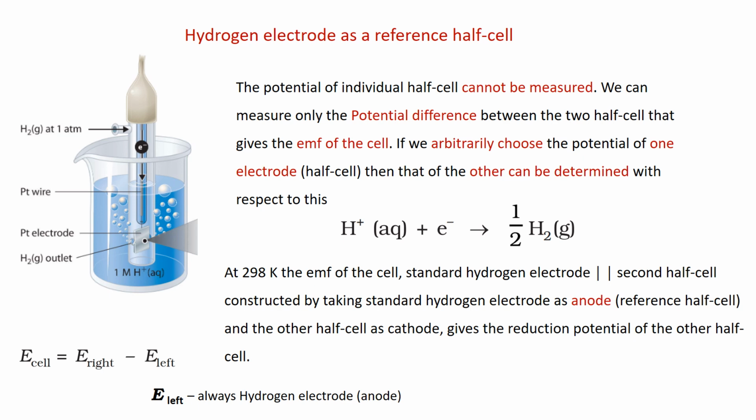So the standard electrode potential may vary for the right-hand side and left-hand side. We cannot determine it through the cell potential, but we can determine the